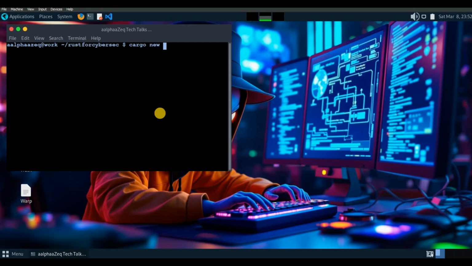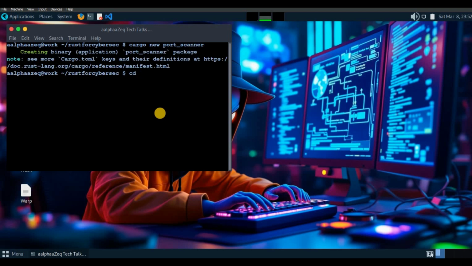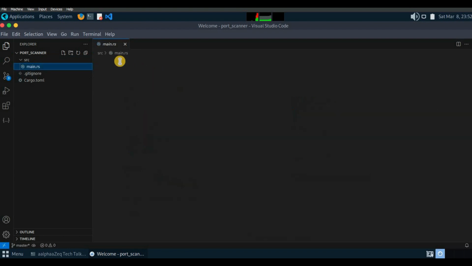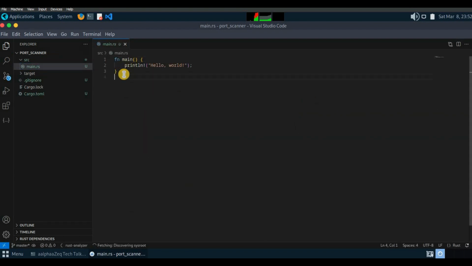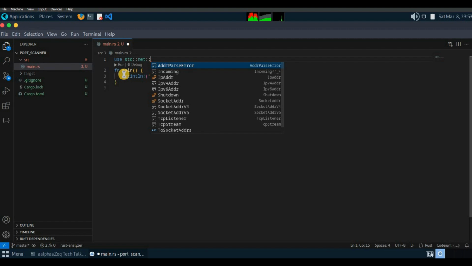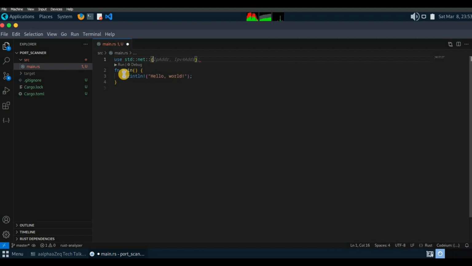Cargo new, name it port scanner, and just move to that folder and open our IDE. For this one, as I said, we are going to make use of Rust socket programming a bit. So we will be using socket address and